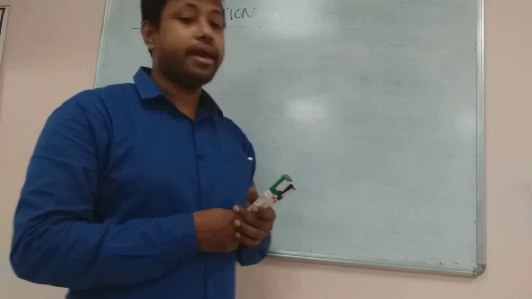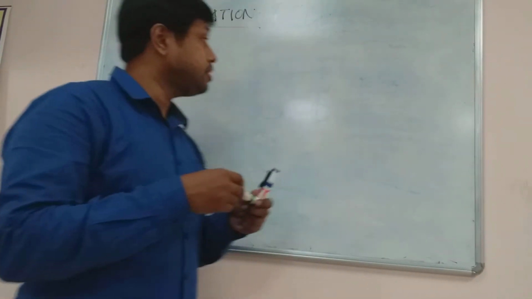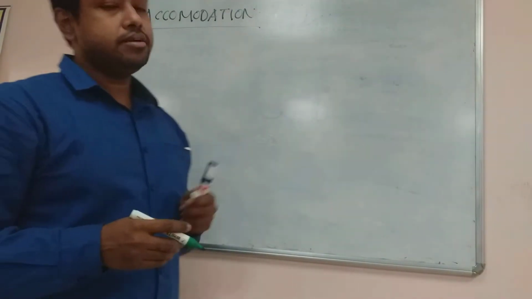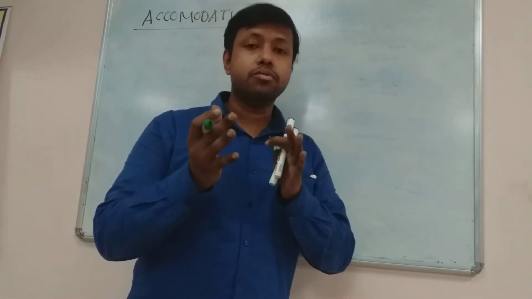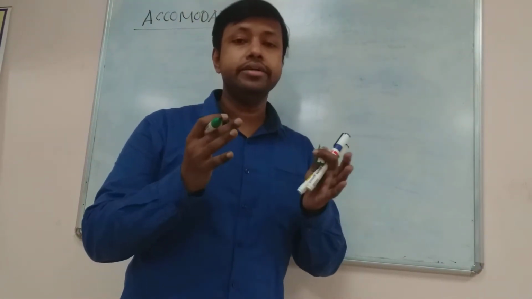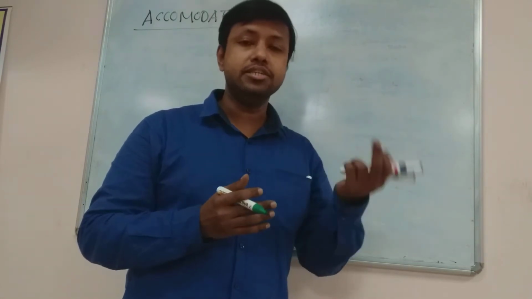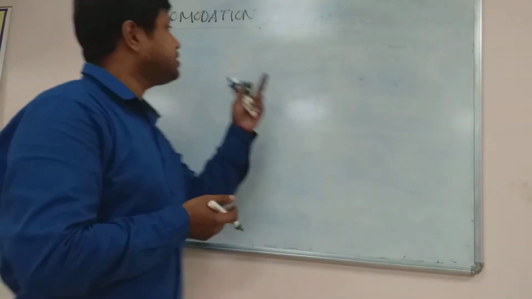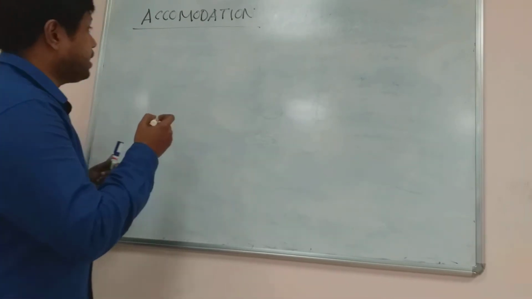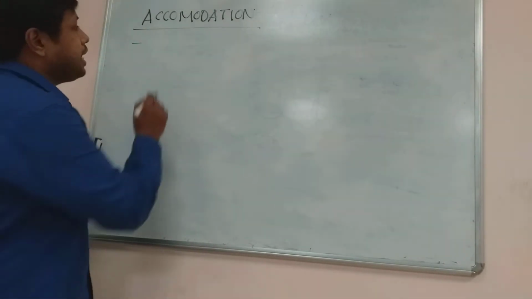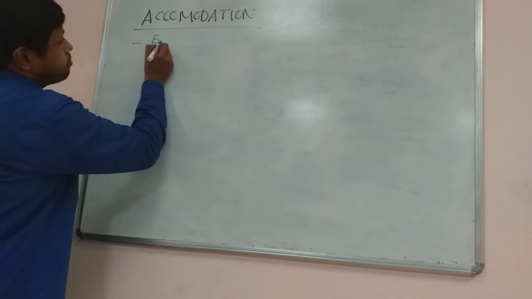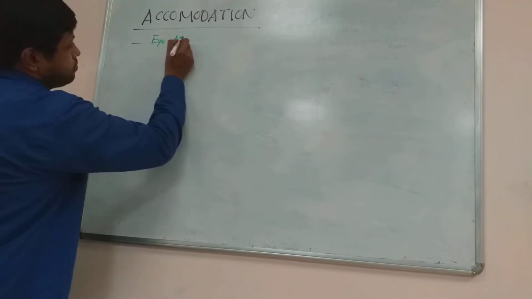So today I am going to focus on another topic known as accommodation. It comes under one of the qualities or properties of an eye to adjust when a person shifts from distance vision to near vision. So what is accommodation? It is nothing but adjustment of the eye. You can define it as eye adjustment